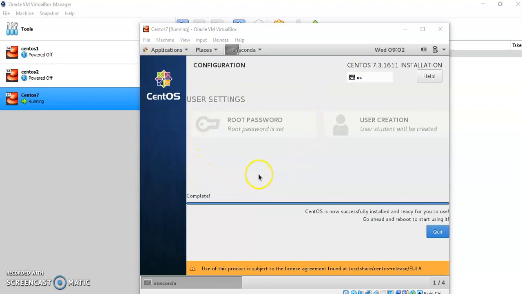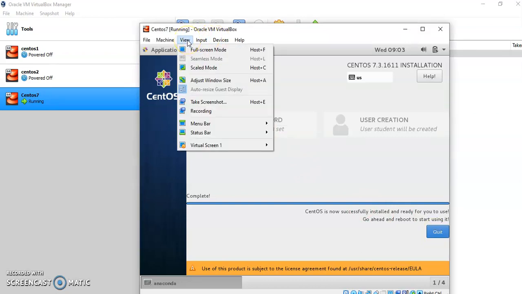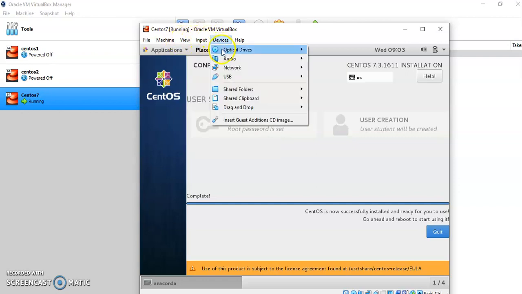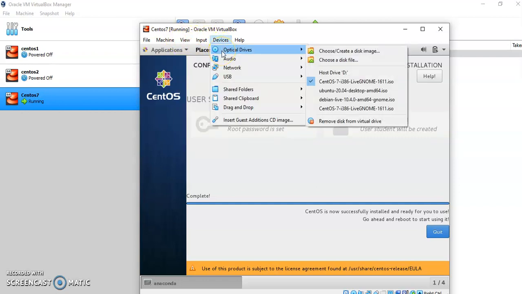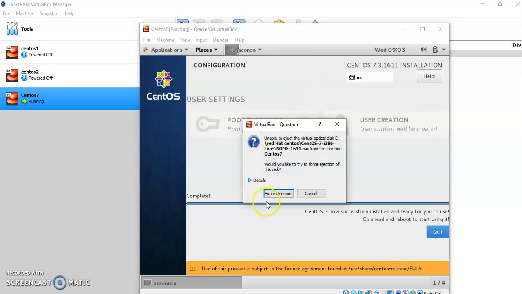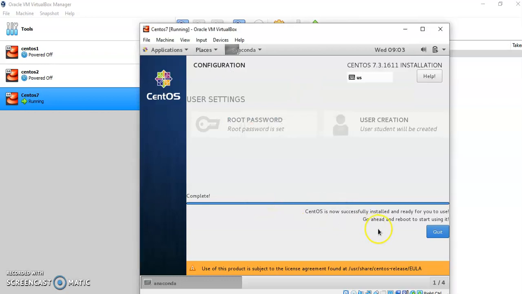Now once it completes the whole installation, before clicking on quit, simply switch to the option here in devices, go to the optical devices or drives and uncheck this CentOS image, and then click on force unmount and then quit.